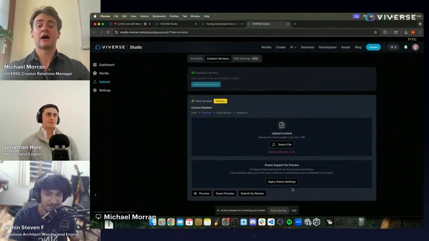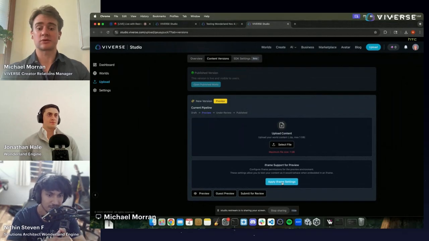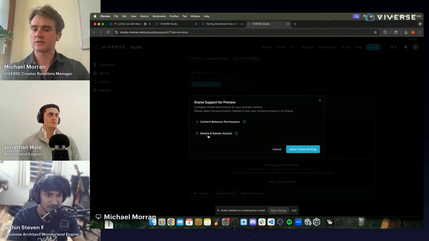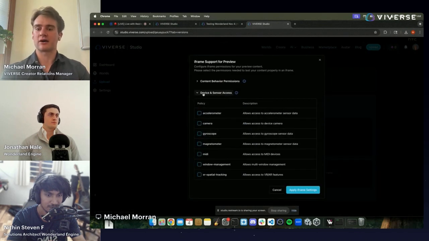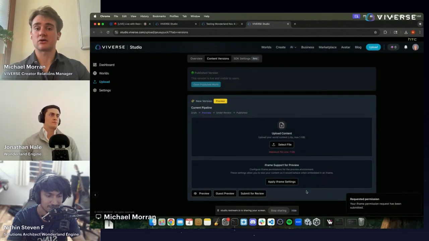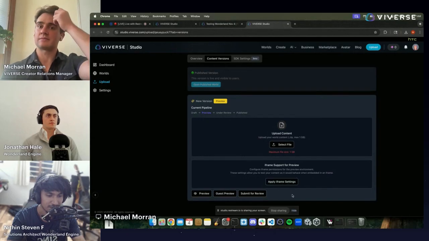and VR. Now, in order to give access to the VR settings, we do have to go to apply iframe settings. This allows you to configure extra permissions, but we're specifically going to be looking under the device and sensor access tab and going to XR spatial tracking. This allows the content on VIVERSE to engage an immersive session when someone who can start an immersive session is joining. VIVERSE will allow them to go into the full 3D